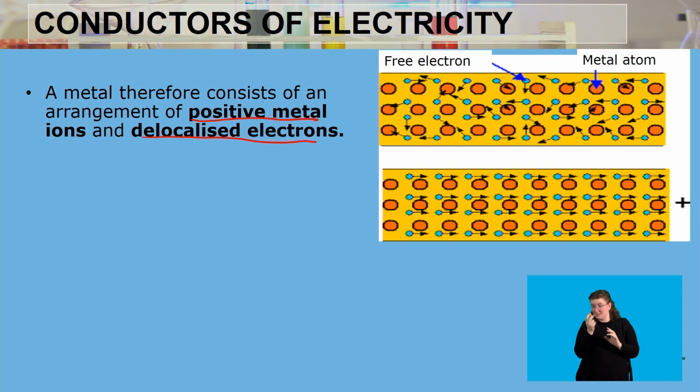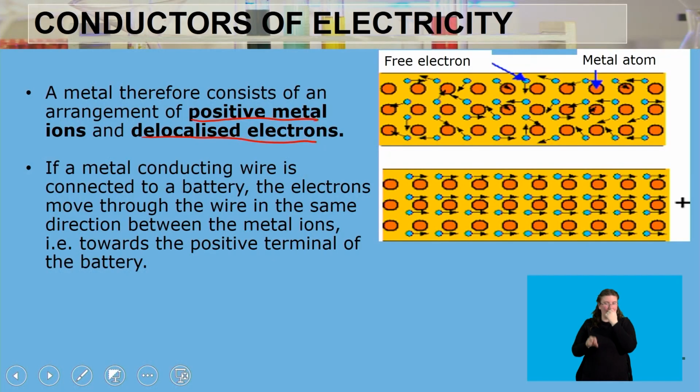However, the moment you start connecting a wire in those two, or connecting a battery or a cell in that particular metal, then the electrons will start moving in the same direction, going towards the positive terminal. In addition to that, if a metal, or rather a conducting wire, is connected to a battery, as we have said,